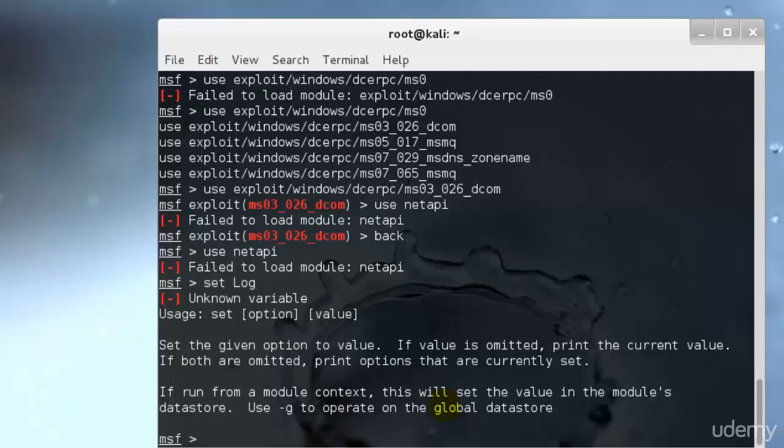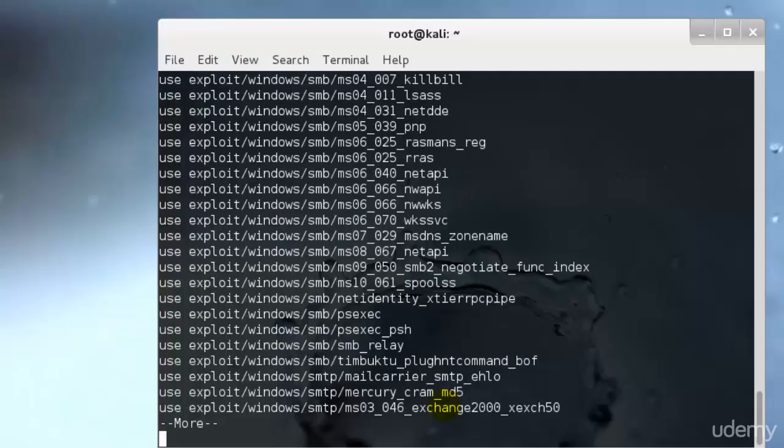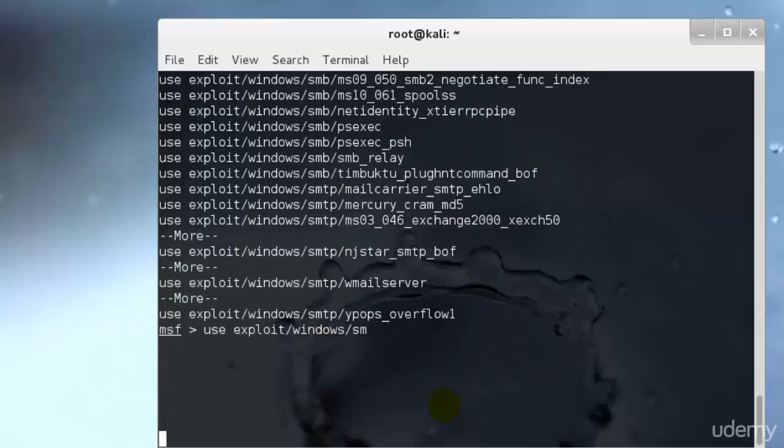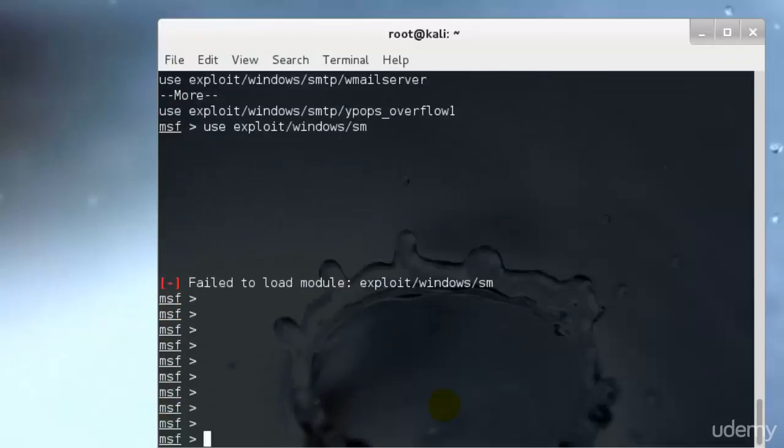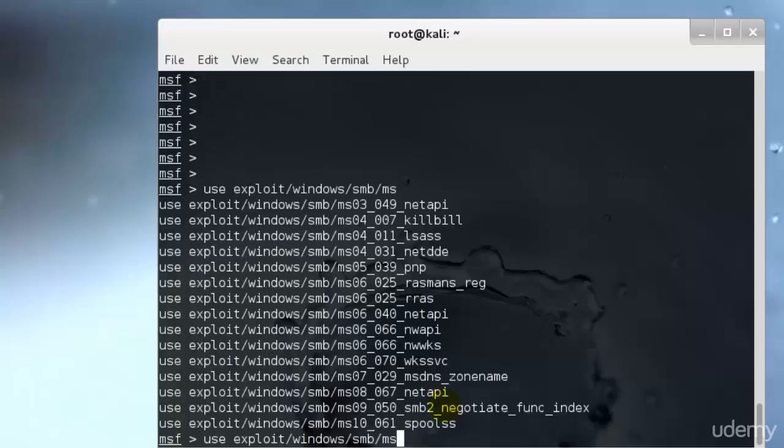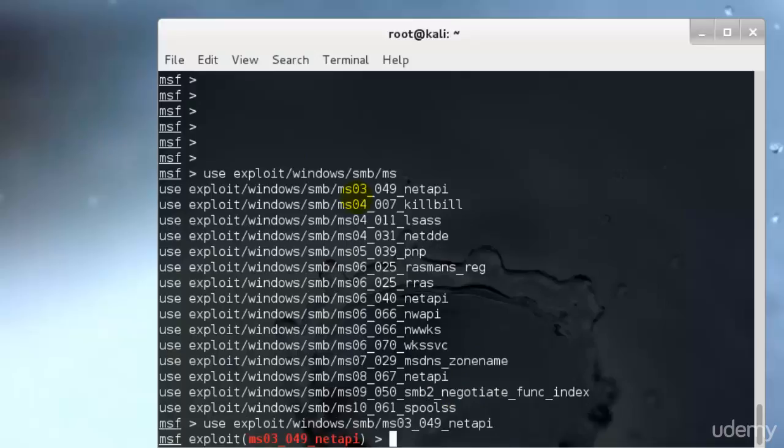We can also go ahead and use the SMB method. So I'll just type use exploit/windows/smb. Let's see if that works. So we have all of these things and we'll be selecting this one, 03. Perfect, netapi. Perfect. So the Msfconsole is the most commonly used interface in Metasploit,